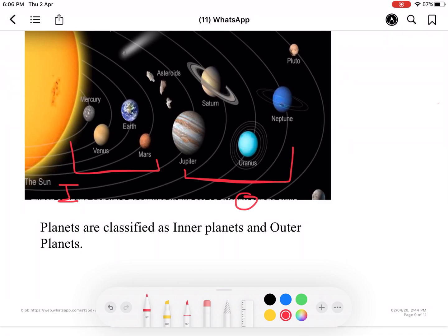And one more thing you can notice here, this is the asteroid. Now they are also revolving around the sun like this. They are also revolving around the sun in the orbit of Mars and Jupiter. Now this is Mars and this is Jupiter. So between the orbit of Mars and Jupiter, these asteroids are also revolving. And here Pluto you can also see in this picture, which is the dwarf planet.